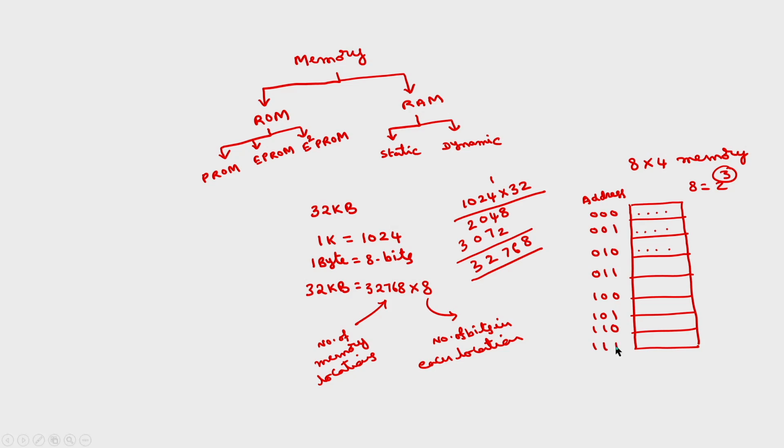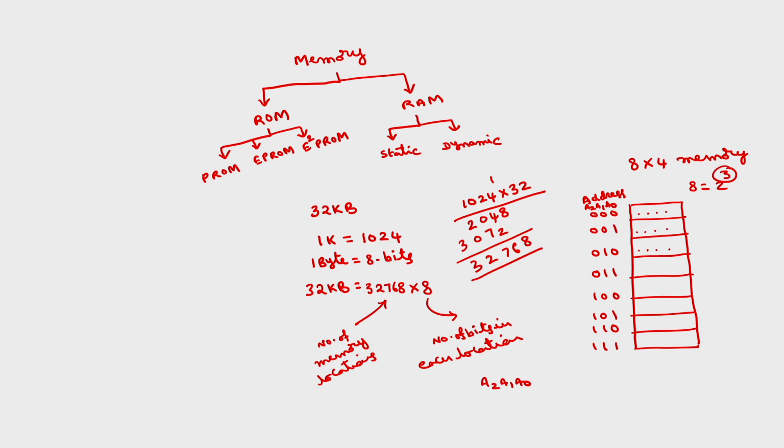In case of read only memory, we can only read the data. At the time of manufacturing itself, some data will be stored into the ROM. Here we have 3 address lines but 8 locations. How to choose for each combination of these 3 lines? If I call them A2, A1, A0, we have 3 address lines and a total of 8 combinations. For each combination, one of the memory locations is to be selected.